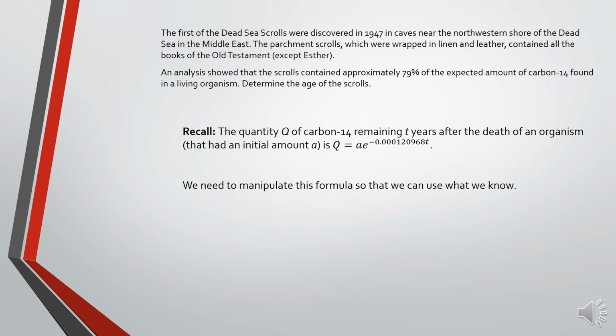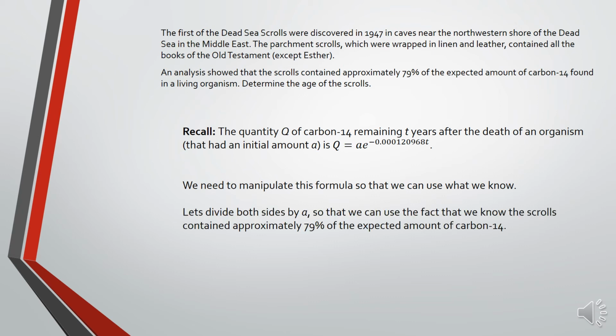So we have to manipulate this formula a little bit. We'll algebraically manipulate it so that we can use what we know. So what we're going to have to do is divide both sides by A so that we can use the fact that we know that the scrolls contained approximately 79% of the expected amount of carbon-14. So dividing both sides by A, we get